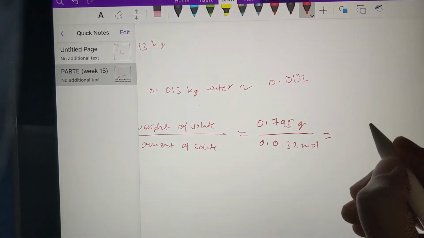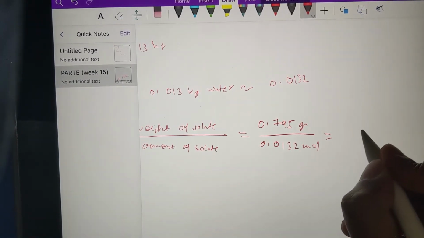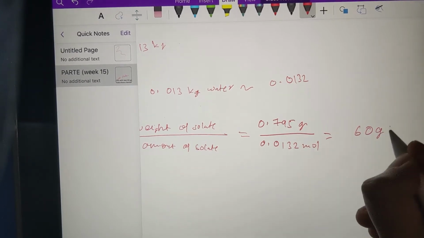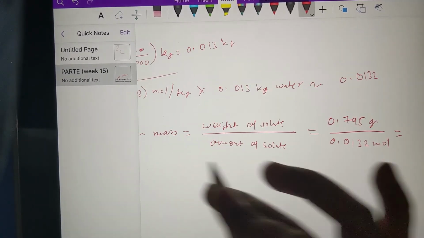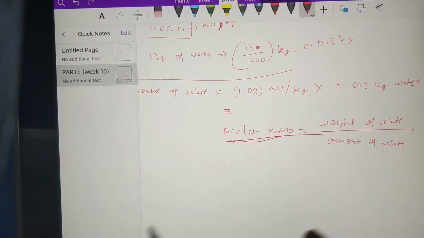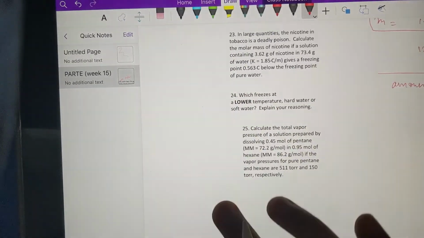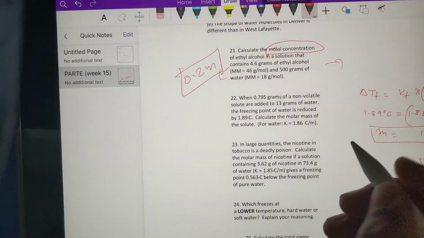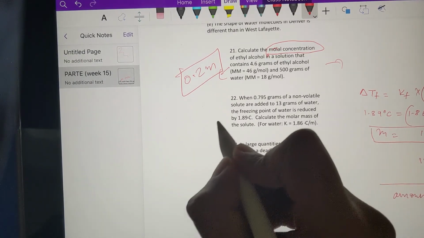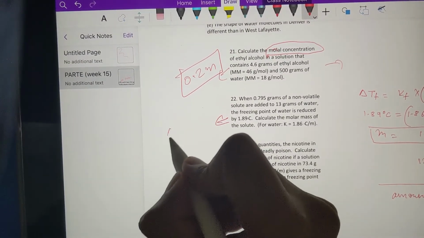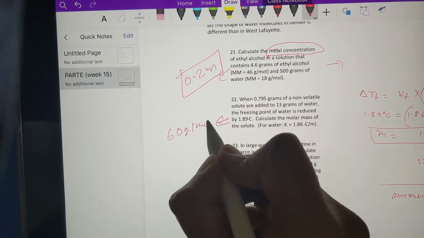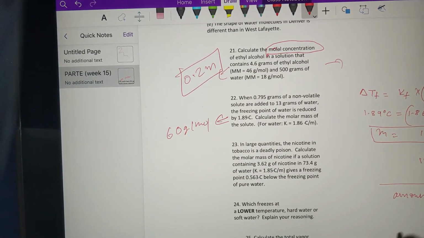If you divide this, you're gonna get around 60 gram per mole, which is the molar mass of your solute. So for this one is 60 gram per mole. Okay,